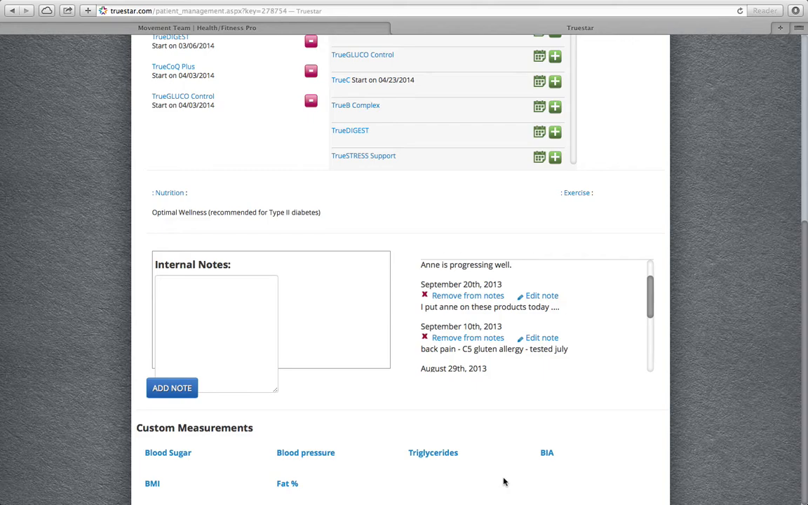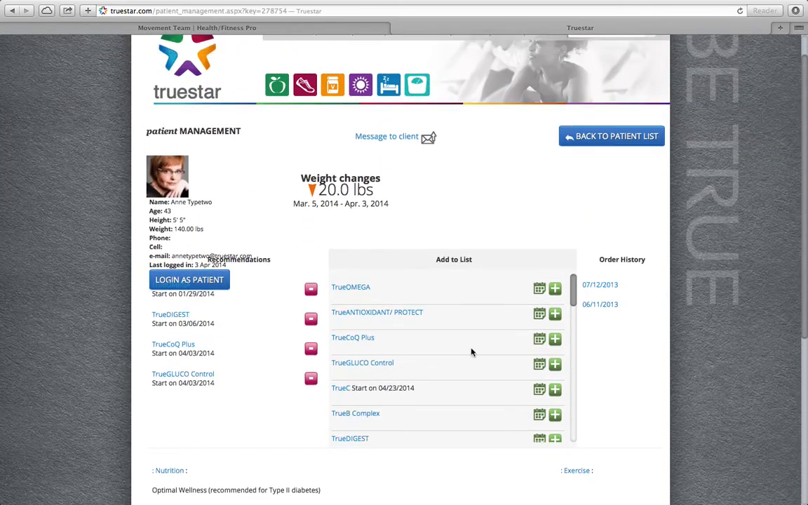So if you track blood sugar, then you can keep blood sugar. If you don't track blood pressure, then that can be taken away. So it can be customized to your establishment, to your intake process, or even just to specifically that client or that patient as well. So if we go back to patient list,